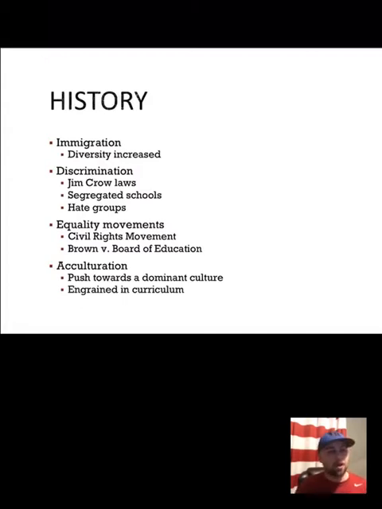And even though it was abolished, there was still that history there, and that discrimination, that hatred there, and that led to things like, even after slavery was abolished, the Jim Crow laws, which, for example, made it where there was a white bathroom and a black bathroom, and segregated schools were a big part of this, where you had a white school and a black school. From this, hate groups rose up, such as the Ku Klux Klan and other hate groups, white supremacist groups,